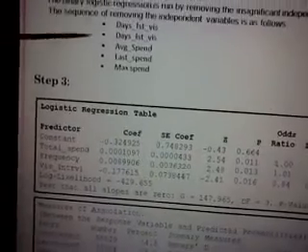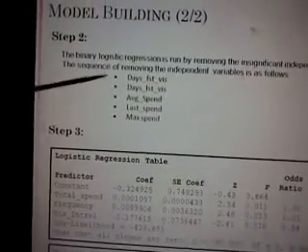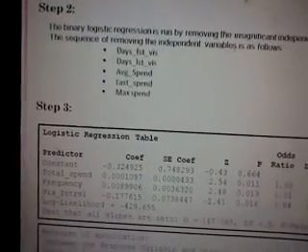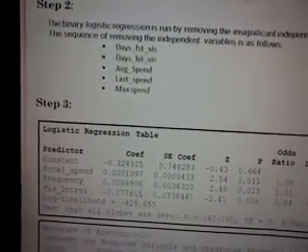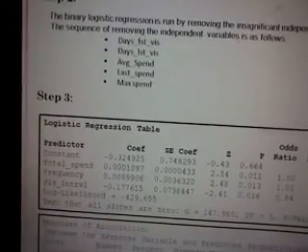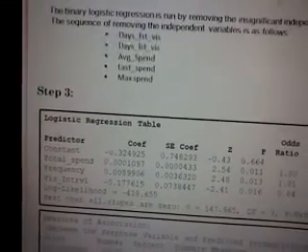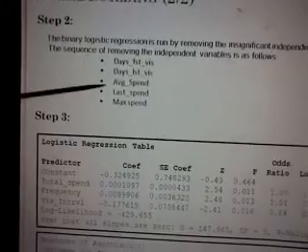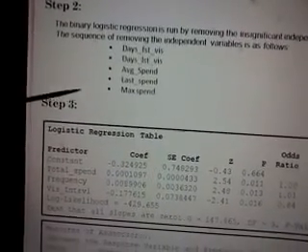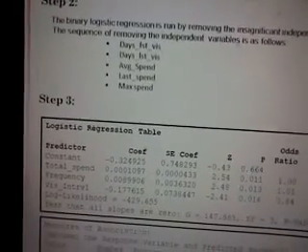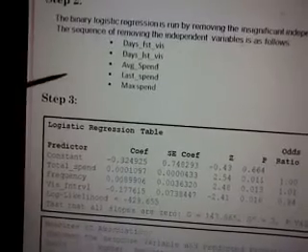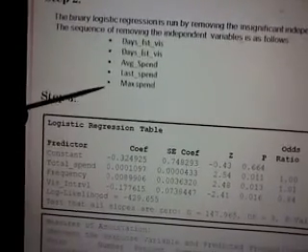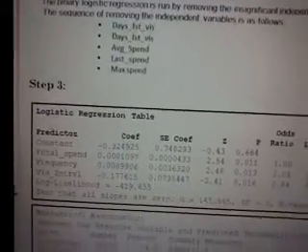There, day's last visit had the highest p-value, and only 2 variables, frequency and visiting interval, were below 0.05. Then we eliminated day's last visit and ran it for 6 independent variables and one response variable. Similarly, we kept eliminating until we arrived at